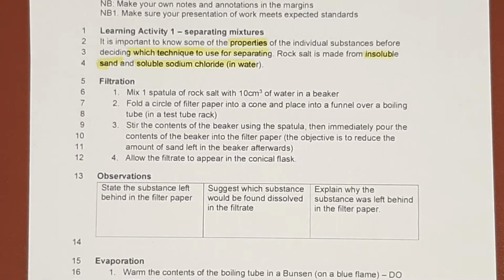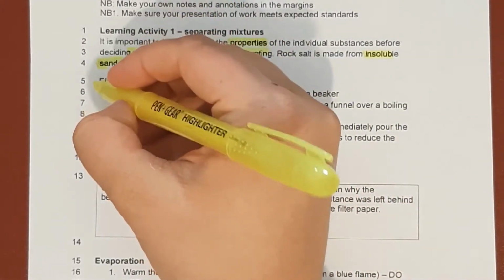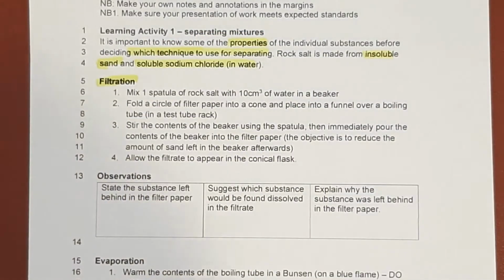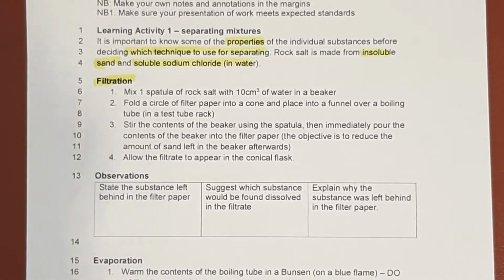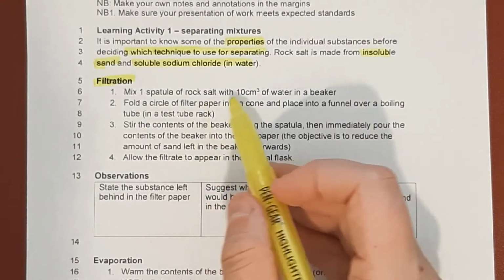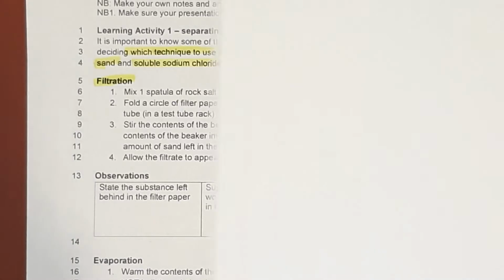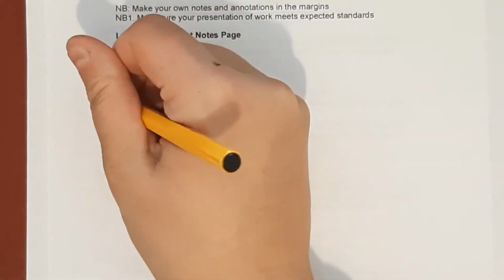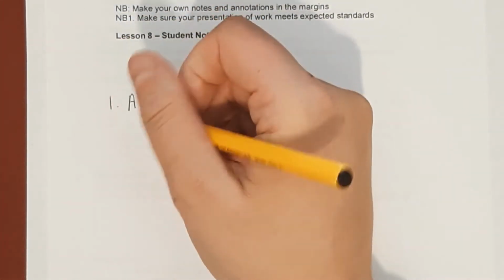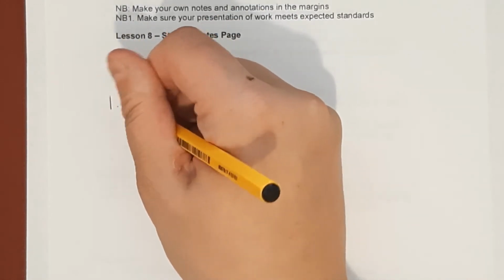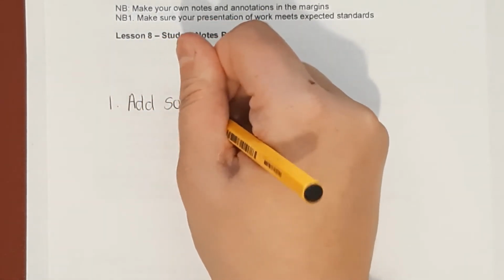So filtration, this is what happens during the process of filtration. And you're going to want to have your student notes page on hand nearby to write out some extra information here, because there's just not enough room. So, filtration. You would mix the rock salt with the water, okay? And the purpose behind that, we're going to move to the notes page. 1. We're going to add the solvent to the solid soluble mixture. So, add solvent